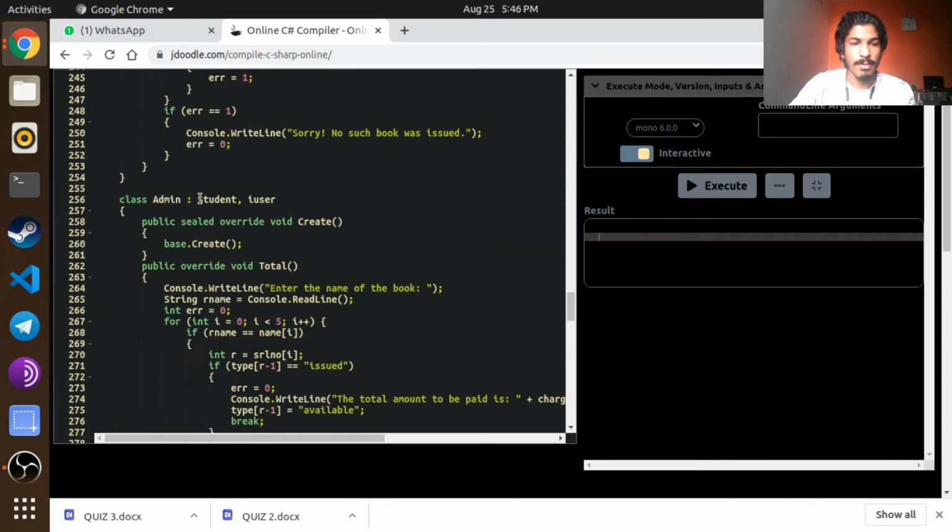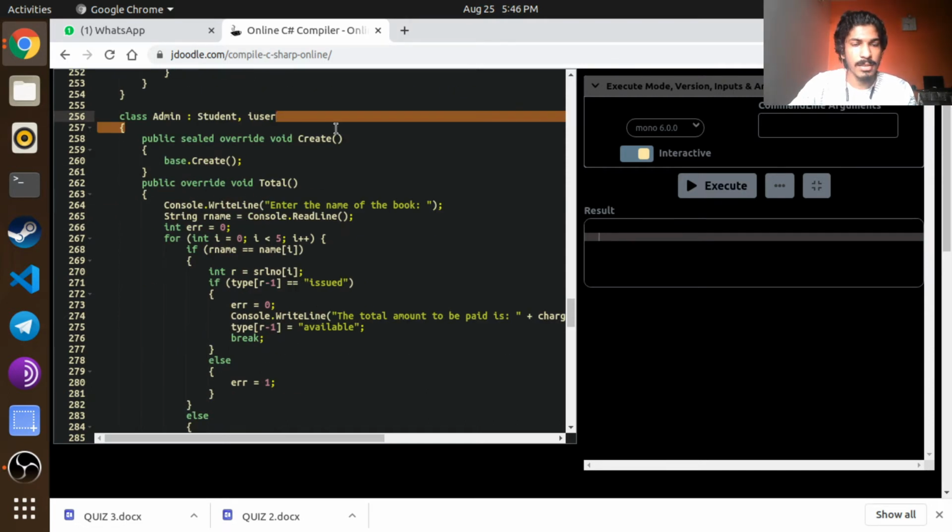Now we create the admin, which inherits student and user also. It has a method called create, where we use the super keyword for the constructor to overload.